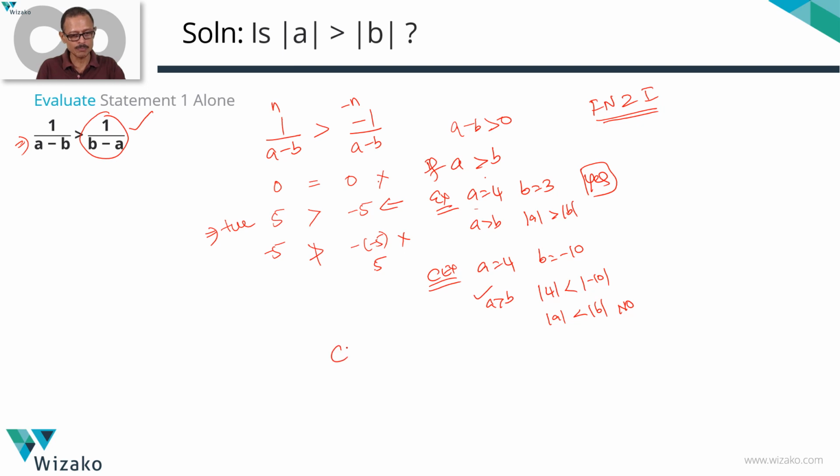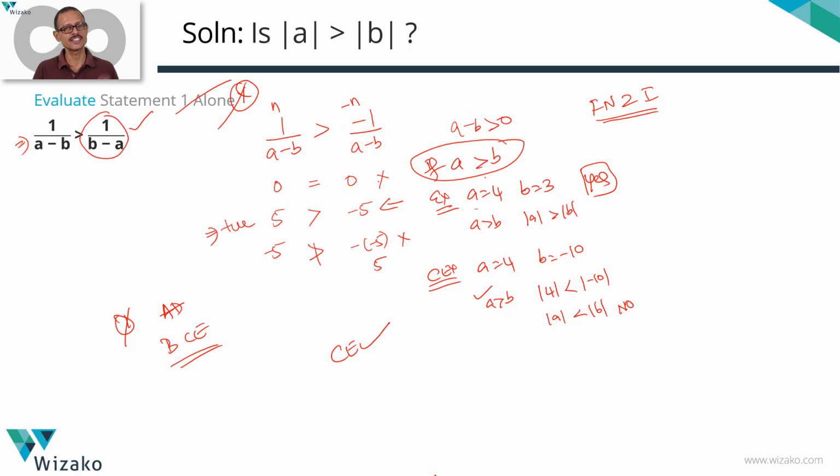If a counterexample exists, then statement 1 is not sufficient. The statement is not sufficient. Statement 1 is not sufficient. Eliminate answer options A and D. We are down to B, C or E. Summarize this in a printed form, because this derivation from 1 upon A minus B greater than 1 upon B minus A is where the crux of solving this entire statement is. A counterexample is actually quite easy for this statement. It's not such a difficult thing to find a counterexample.